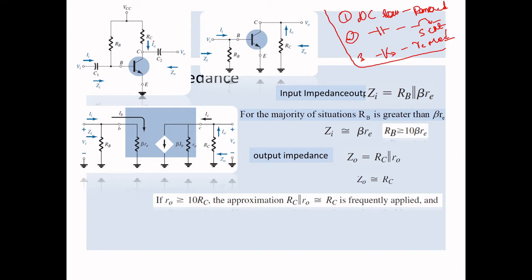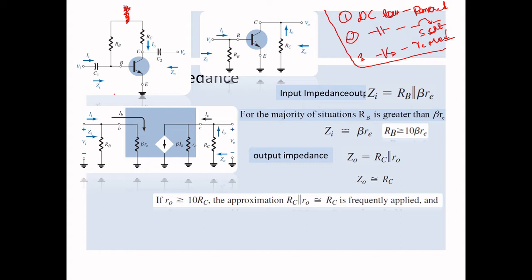See, first let me remove this DC. Okay, I have removed the DC. Then what happened? This resistor will connect to the ground, right? So you can see the resistor was connected to the ground. Now when I remove this DC, this RC also will come to the ground, right? You can see RC also connected to the ground. The input coupling capacitor and output coupling capacitor will become short circuited. That's it. See, work completed.